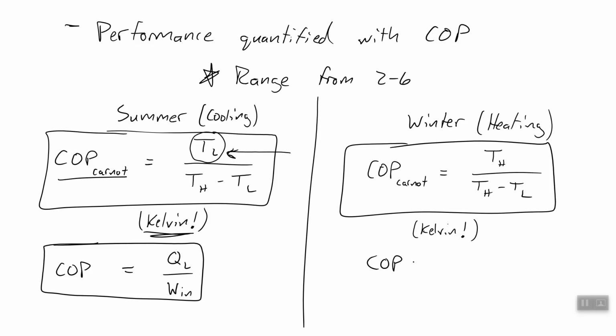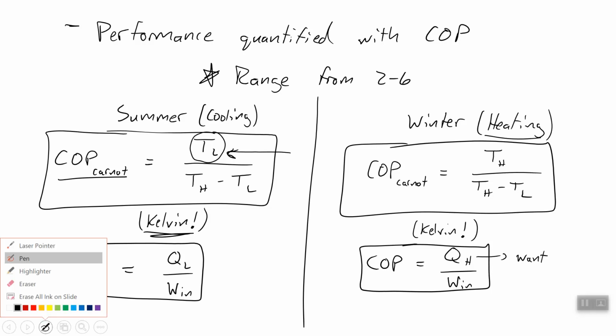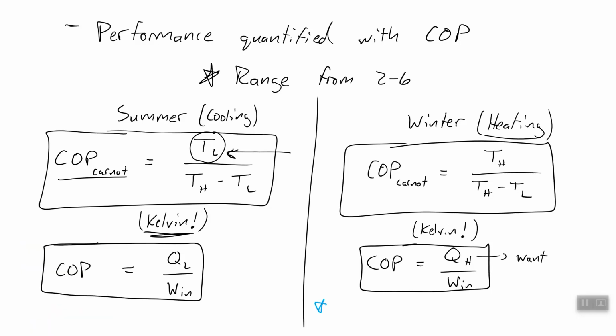In reality, for a real heat pump, we define the coefficient of performance now as QH, because we're in heating mode, so QH is what we care about, that's what we want, divided by work in. Okay, so just a note about COP. So the COP,